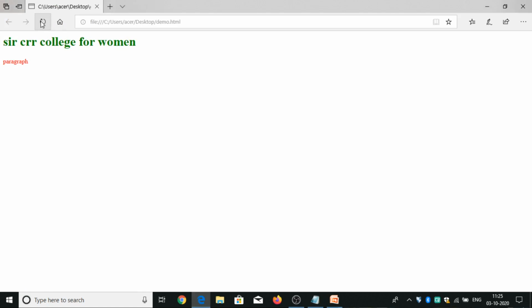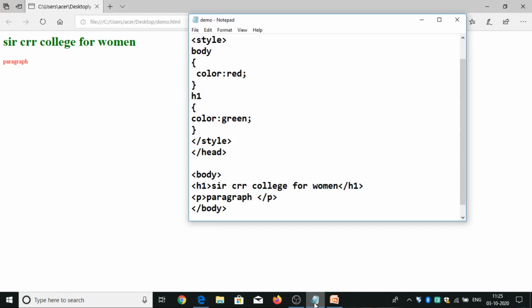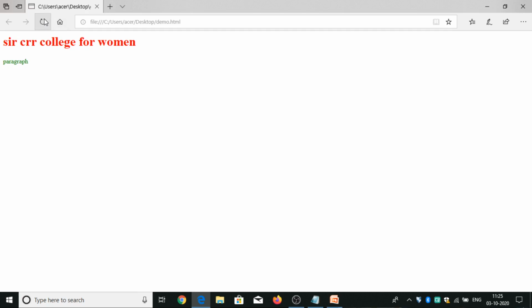This is the output of text color. I have given the text color of H1 as green and the body color as red. Okay. Interchange these values. Okay.